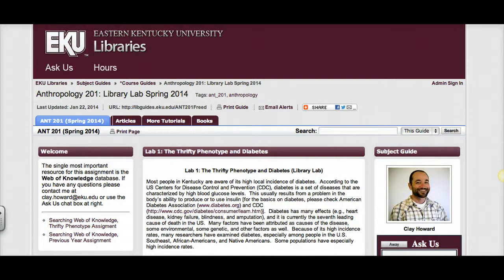In this tutorial, we're going to focus on using the Web of Knowledge database to find the 8 references you need for the thrifty phenotype assignment. And we're going to start out here at the subject guide for this page. You can see the URL here,